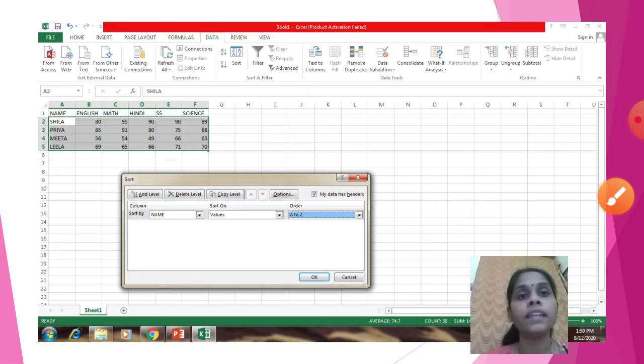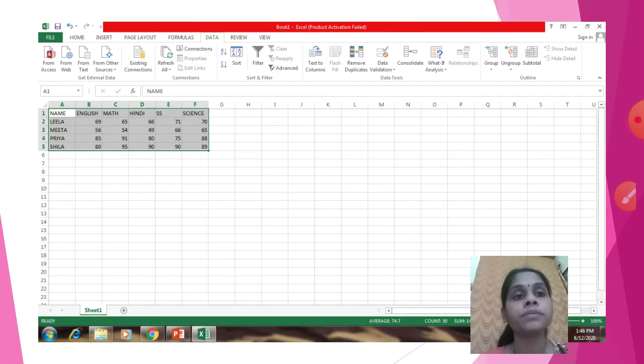I hope you are getting it. First of all, you have to write down the marks and names of students. Then after that you have to select your field, whatever fields, rows and columns you want to sort, select it. Afterwards, click on Data which is present in the menus. Data will open submenus, and in that submenu you have to click on Sort. When you click Sort, this type of dialog box appears and you have to select those things.